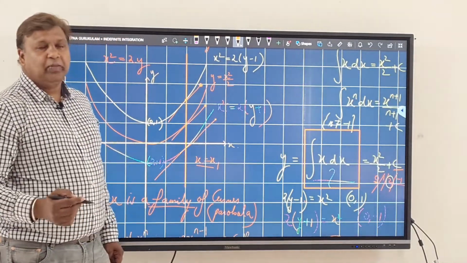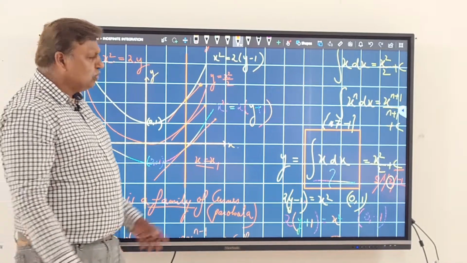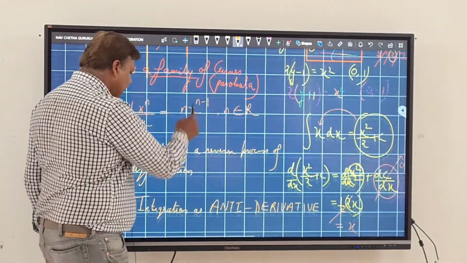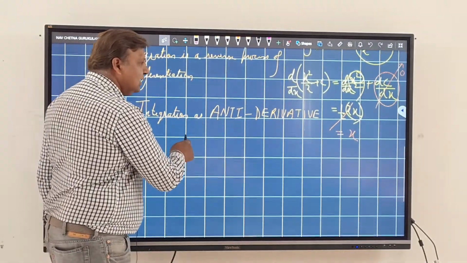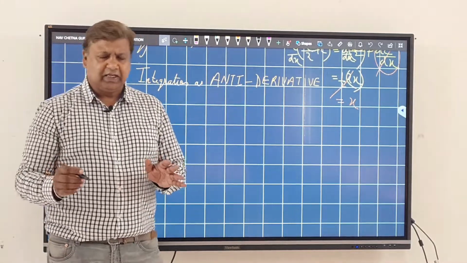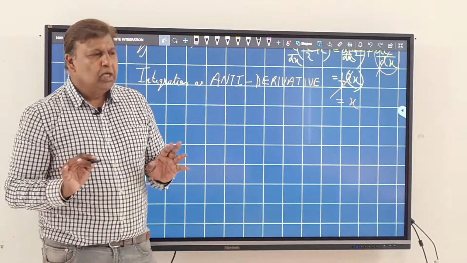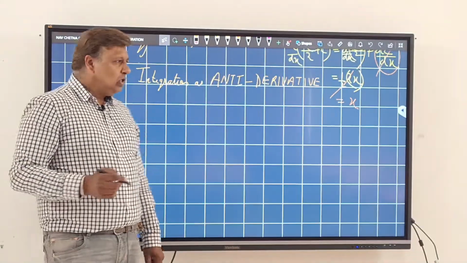So that is what is common in the family of curves. This is what we meant when we integrate a function. We are talking about a family of curves. Then the second thing which we understood is that integration is an antiderivative. If differentiation of sin x is cos x, then integration of cos x is sin x. Having armed ourselves with these two concepts, now the third